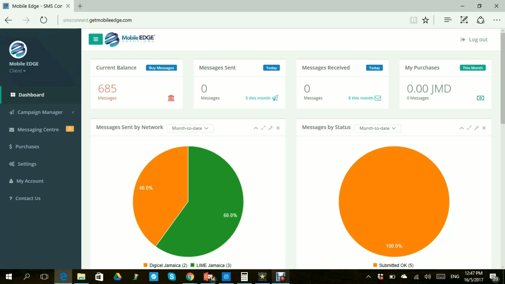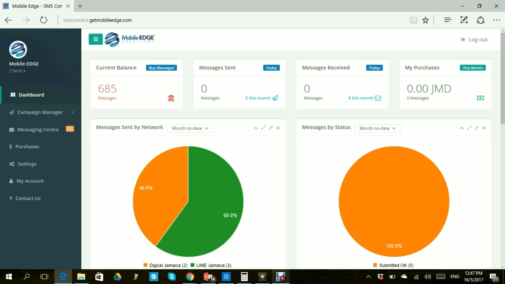advance your business performance. The first thing to note about SMS Connect is that SMS Connect is a cloud-based SMS application that allows business to access the application from anywhere and on any device. So we're going to give you a quick run through of how you can use the application, starting by the